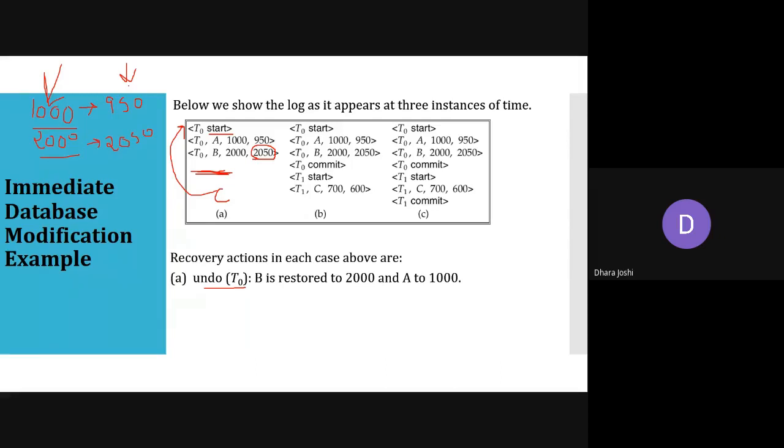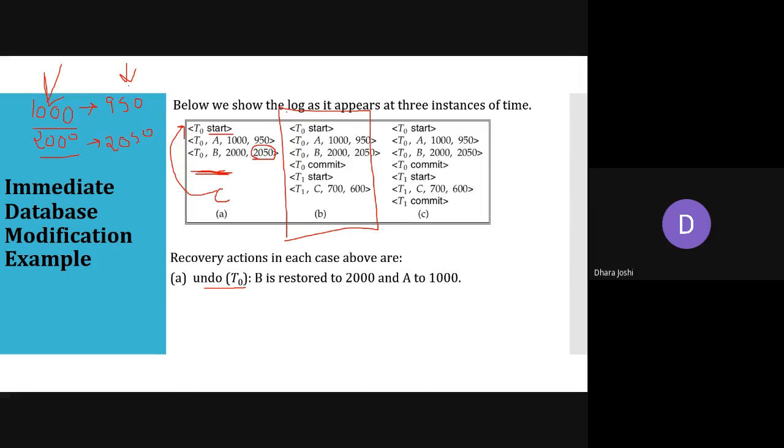Yes. The question is, we are having here the B case, this case we are talking about. In this B case, after this much instructions, we are having an error or a failure. So what to do? T0 will be undo or redo? The same way, T1 will be redo or undo? We are having two operations. If failure occurs in this immediate database modification, either we can redo, that means again we'll perform it, or we can undo. So what to do for transactions T0 and T1?